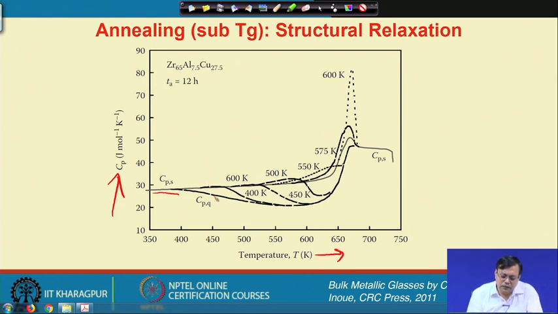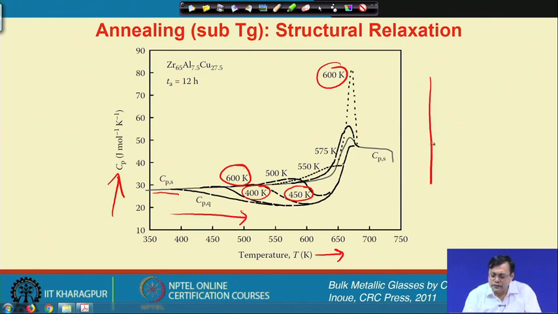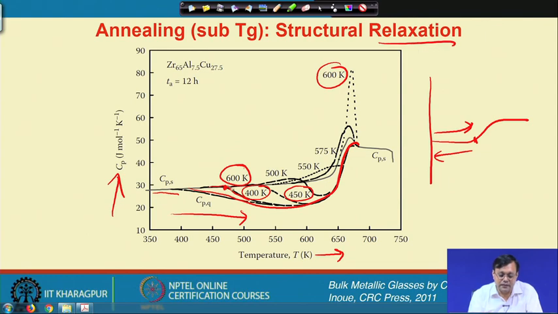So, from here you see, if I pre-anneal a glass, let us say at 600 K or 450 K or 400 K, and after annealing I again reheat it. Let us say the initial plot was like that, and I have annealed it close to Tg, cooled it down, and again reheated the same. Then initially the glass shows such a glass transition, but after annealing, after relaxation,